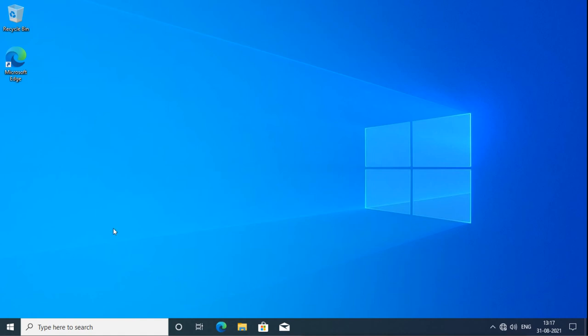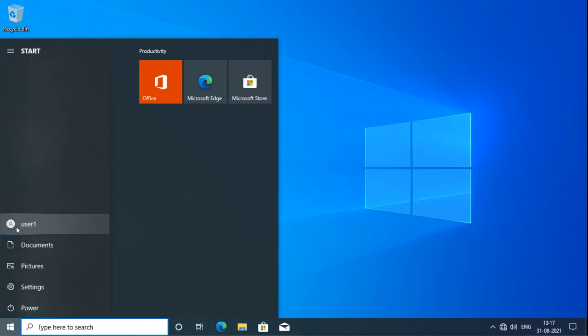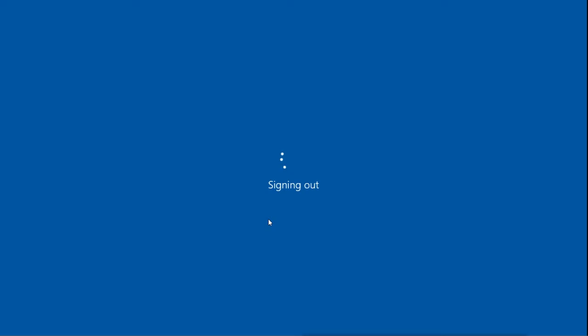Now I will try to log in with the user which is under the Pune OU, a different OU where we did not apply the policy, and that user is user 4. When you log in as user 4, it will not have that policy applied.